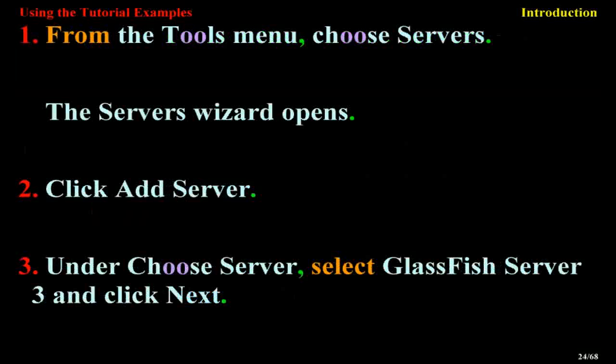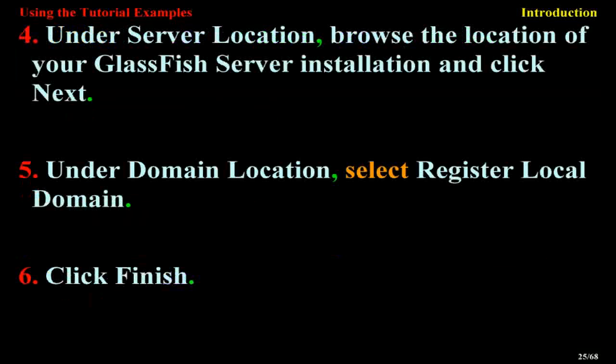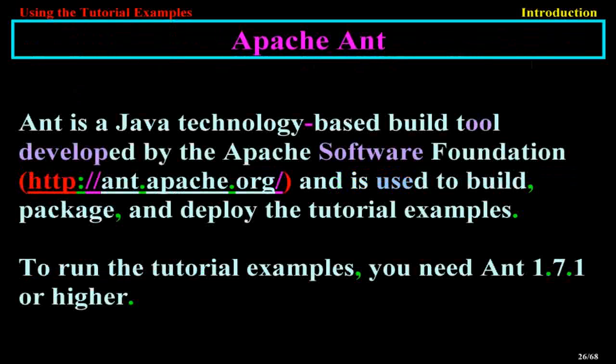From the Tools menu, choose Servers. The Servers wizard opens. Click Add Server. Under Choose Server, select GlassFish Server 3 and click Next. Under Server Location, browse to the location of your GlassFish Server installation and click Next. Under Domain Location, select Register Local Domain. Click Finish. Apache Ant. Ant is a Java technology-based build tool developed by the Apache Software Foundation,